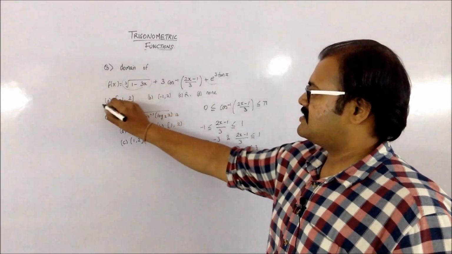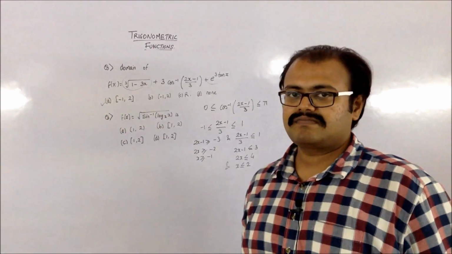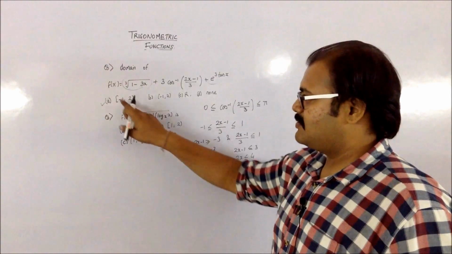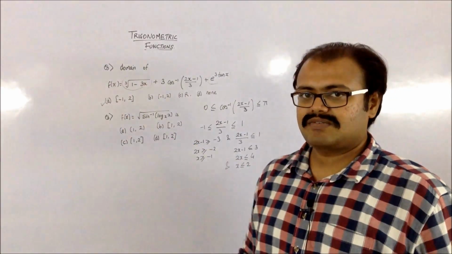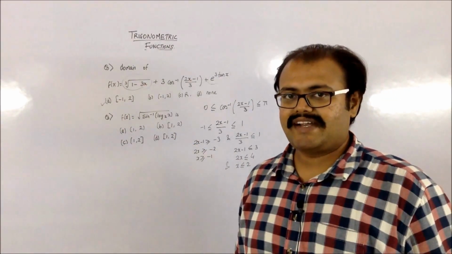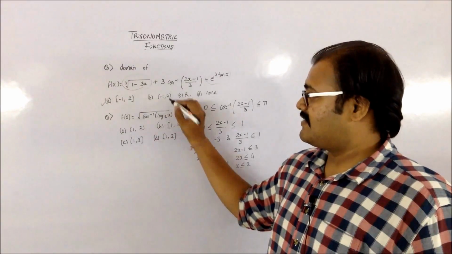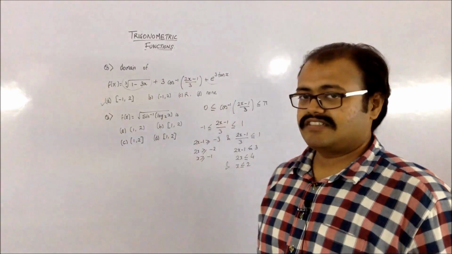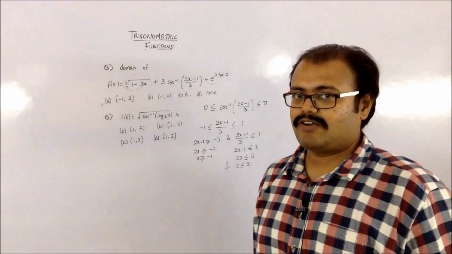So that option is basically your A option. Since you are having the equal to sign present in it, you can take those two values. The square bracket basically indicates that you can take the values. Over here you are having the circular bracket, that means the values cannot be taken.